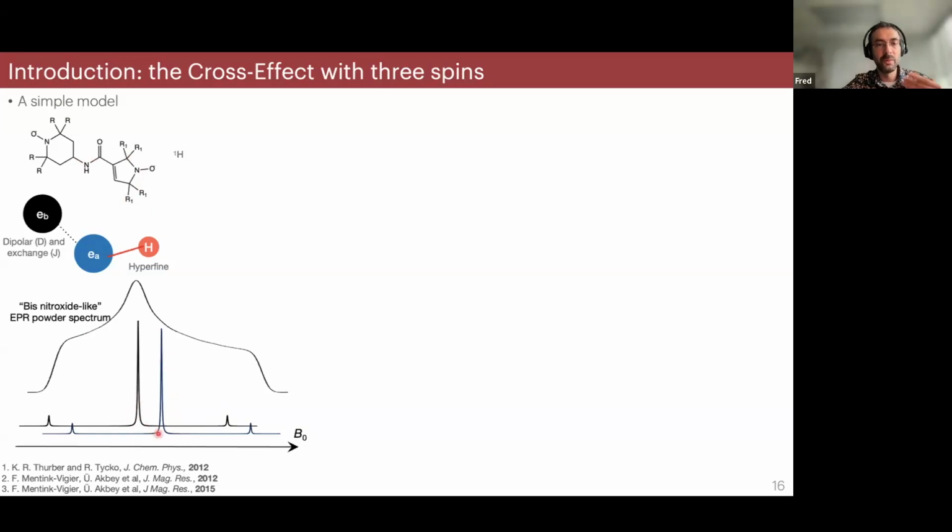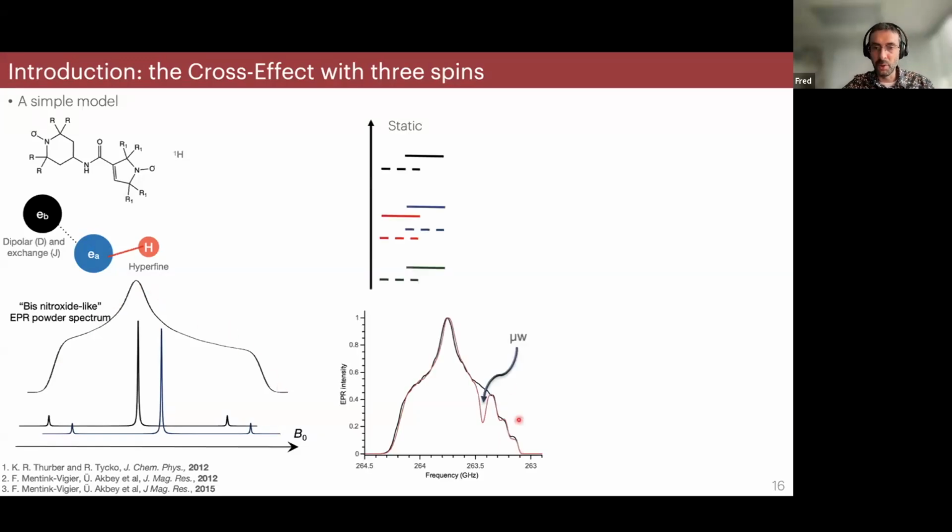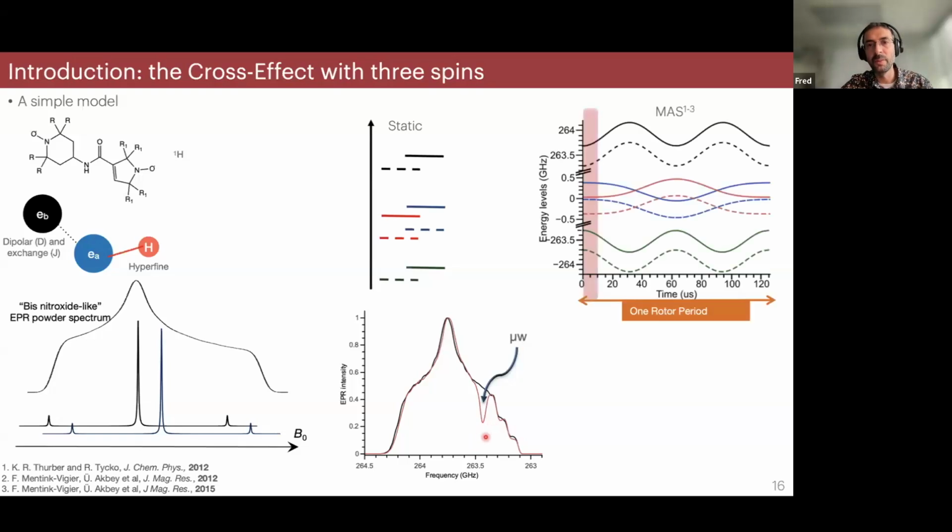If you take a single crystal of this biradical, let's say, this would give you the black and blue EPR line. So this would be for each of the radicals if you ignore the coupling. And if you take a powder, that would give this broad pattern. Under static conditions, you would burn a hole into your EPR line if you were to do the DNP experiment. It's a little more complex, but we will keep it simple. You just burn a hole.